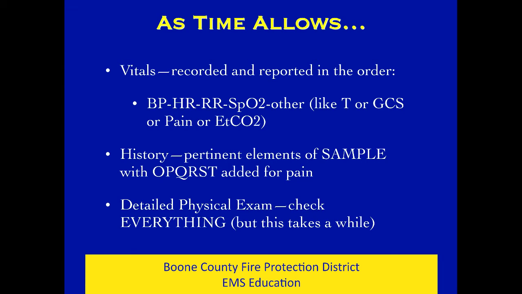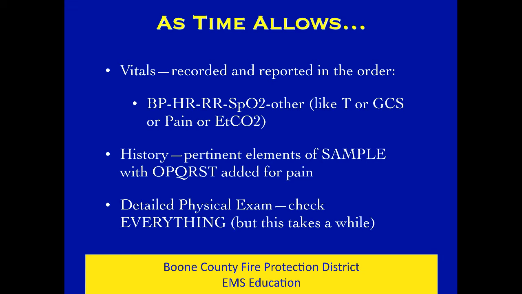You can get them in whatever order you want, but you want to write them down and then report them to other people in this order. BP, blood pressure is always first. Then put a dash, then put his heart rate, then put a dash, then put his respiratory rate, then put a dash, and then put his pulse oximetry reading, his oxygen saturation. Then put a dash, and if there's other vitals you're going to use, like maybe you took his temperature, maybe